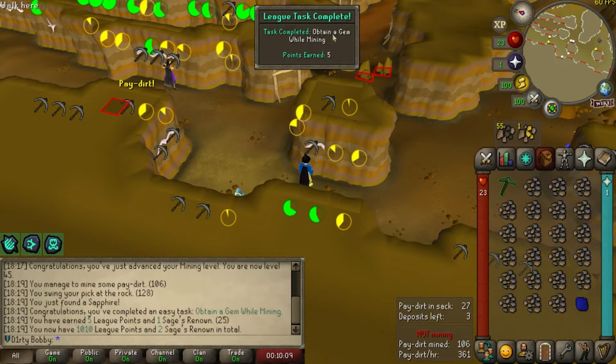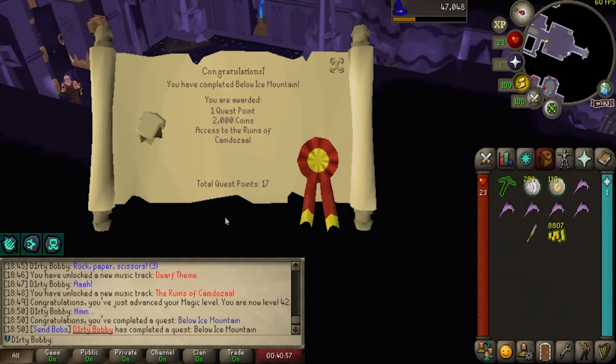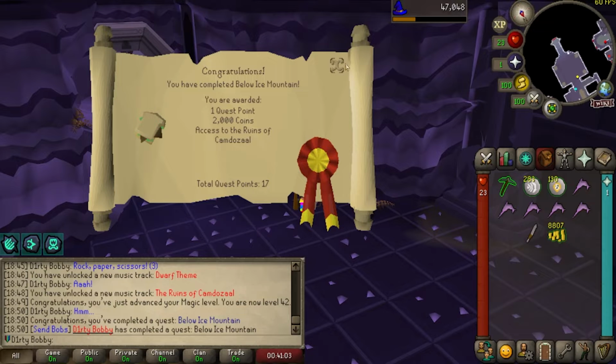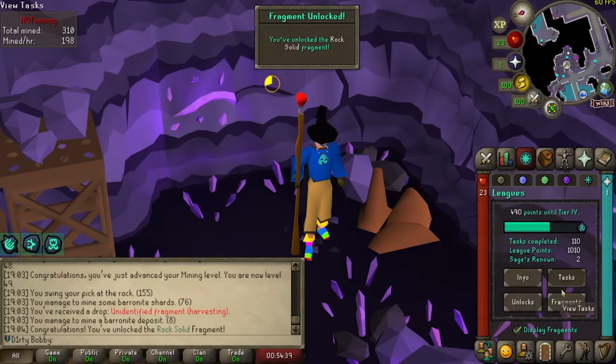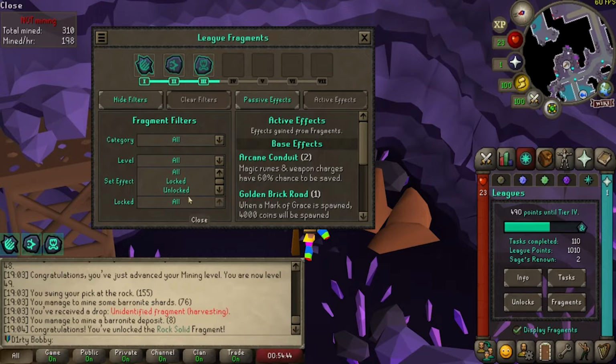And because of that, we actually got to obtain a gem while mining. This is totally mining related, right? We've got below Ice Mountain done and over with, and that actually gives us access to Camdozel. And while we were just mining a couple of gems, we've got ourselves Rock Solid, a brand new fragment. And this one actually does...